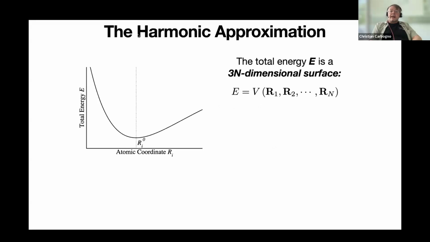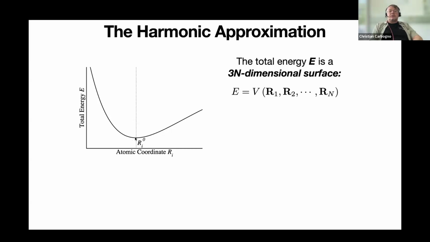So we start again by looking at our total energy surface. In principle, as we've said, we have multiple atoms and multiple dimensions in our system. So this is a 3N-dimensional surface. Here I'm sketching it as one-dimensional because the concept is the same. The first thing that we did, when relaxing on this potential energy surface, was to discover where the equilibrium is. And that is good. That was the point where we are.